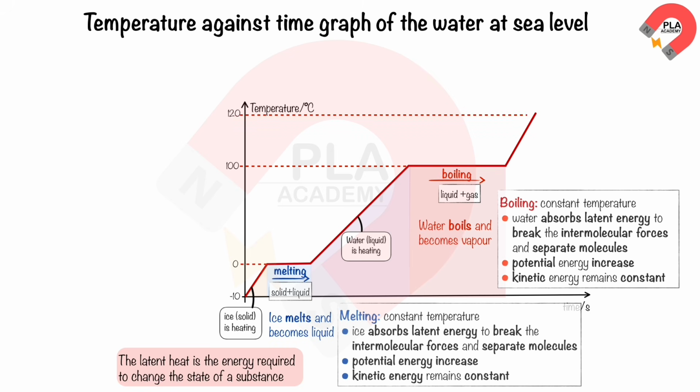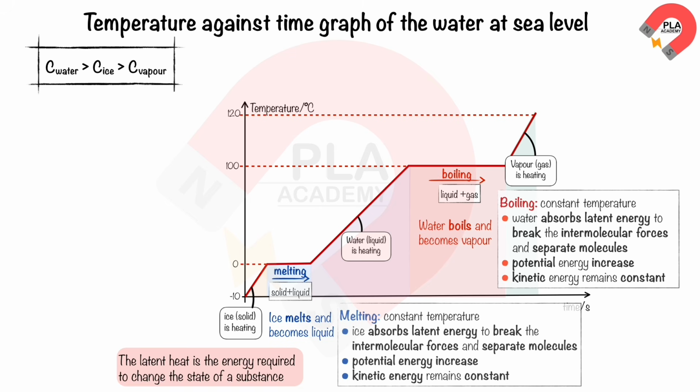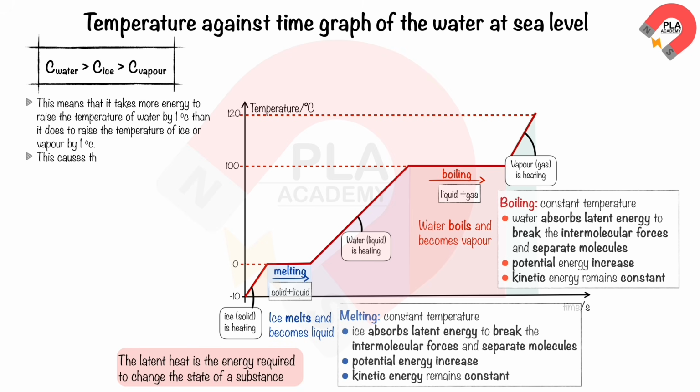Between 100 and 120 Celsius, the water is a gas or vapor. It is heated. Specific heat capacity of water is more than ice, and the specific heat capacity of ice is more than vapor. This means that it takes more energy to raise the temperature of water by 1 degree Celsius than it does to raise the temperature of ice or vapor by 1 degree Celsius. This causes the graph between 0 and 100 Celsius to be least steep, and the graph between 100 and 120 Celsius